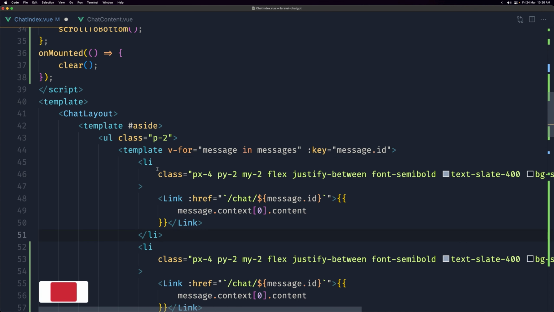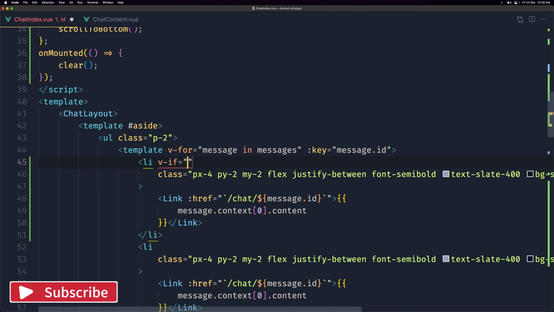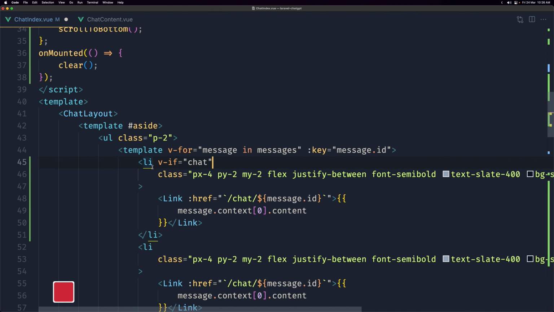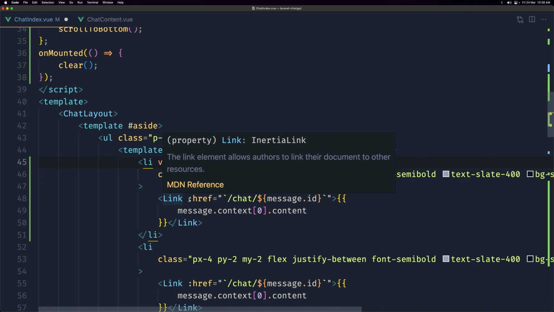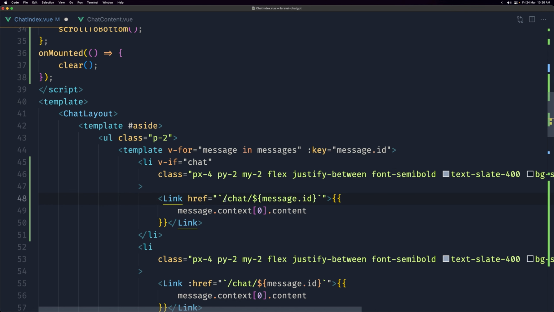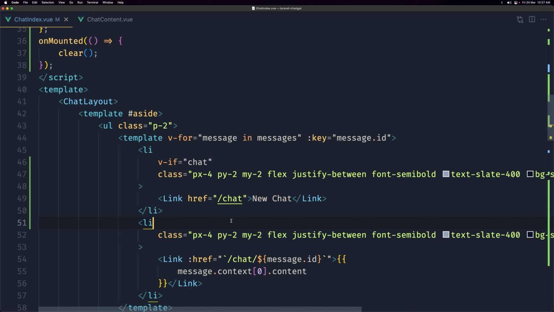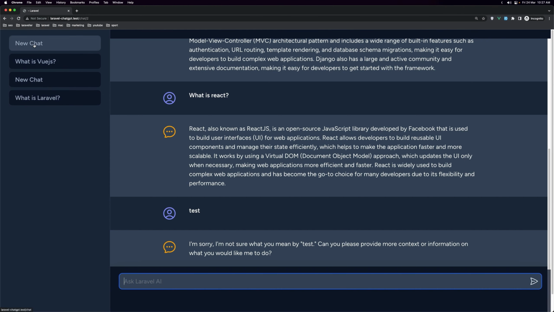Now this link is going to be visible only if we have a chat. Okay, and this is going to go to the href, or like this, just chat, because it's going to be for the new chat. And here we are going to say new chat like this, and hit save. And as you can see, here is the new chat, but maybe I'm going to change the color, and also,